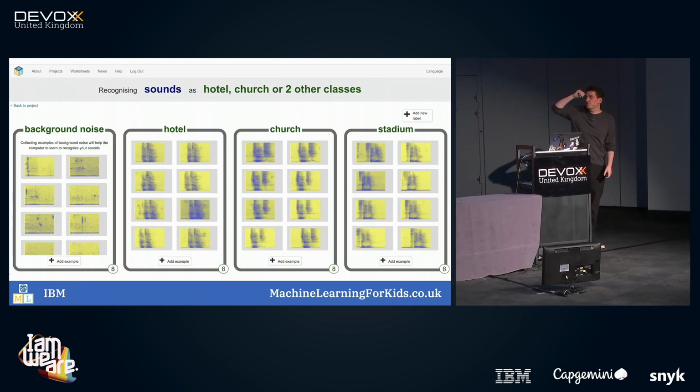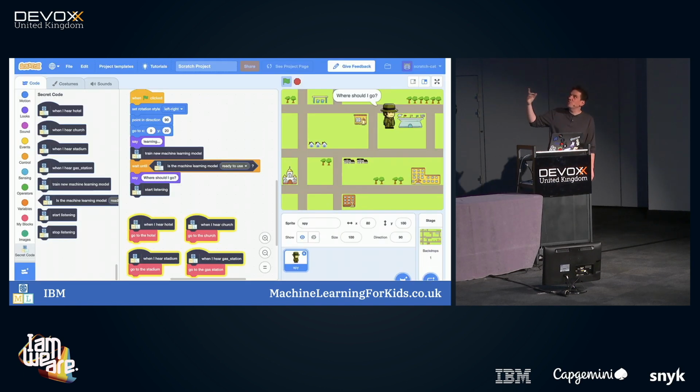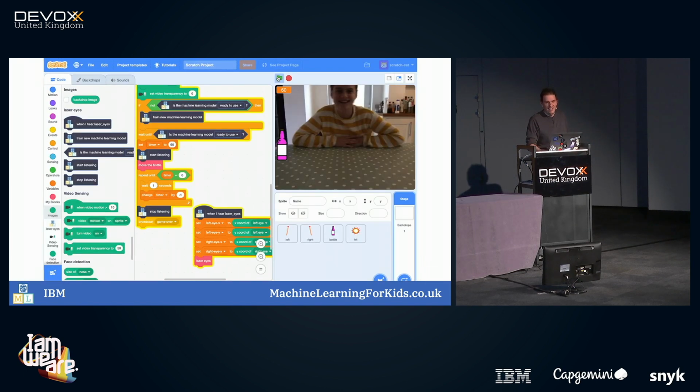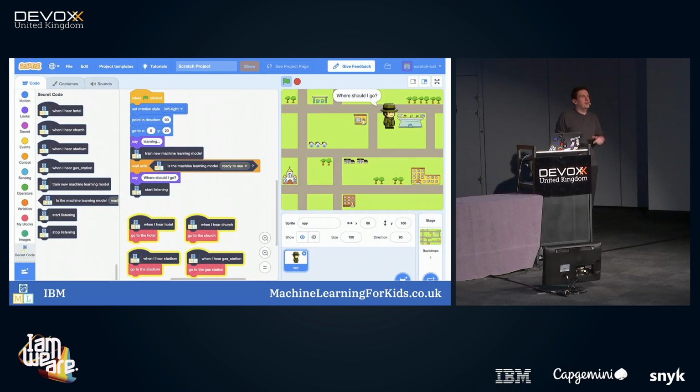Other variations on that project, so here we did one where you came up with a secret spy code word for 3 different places, hotel, church, and stadium, and then we made a game where you would say your secret code word, and then the spy would go to the right venue based on what you heard. It's the exact same thing, just another sort of scenario for it.